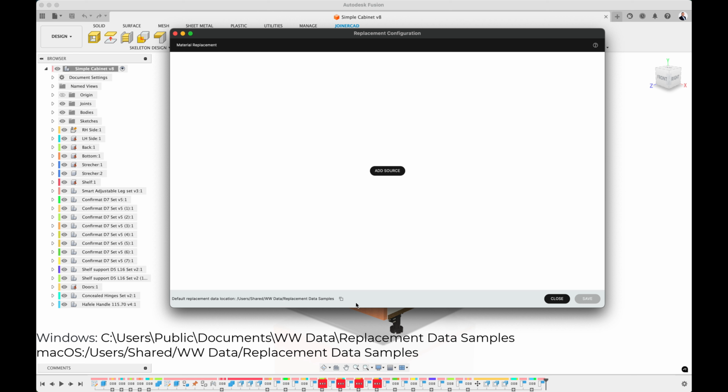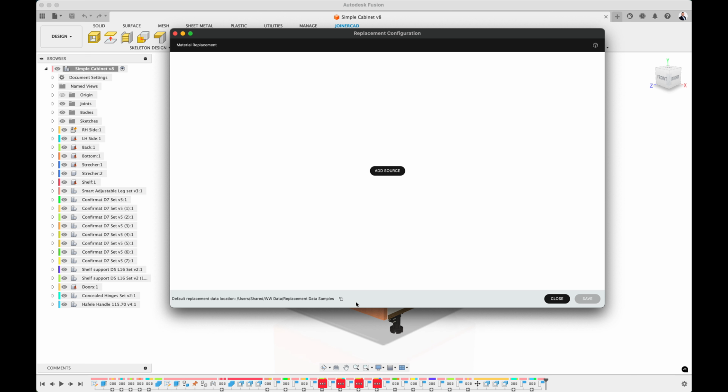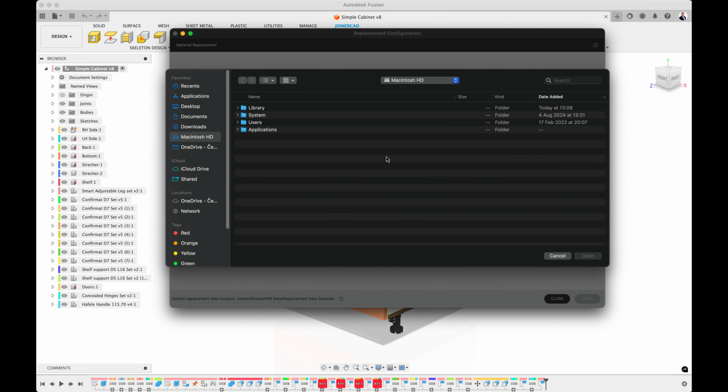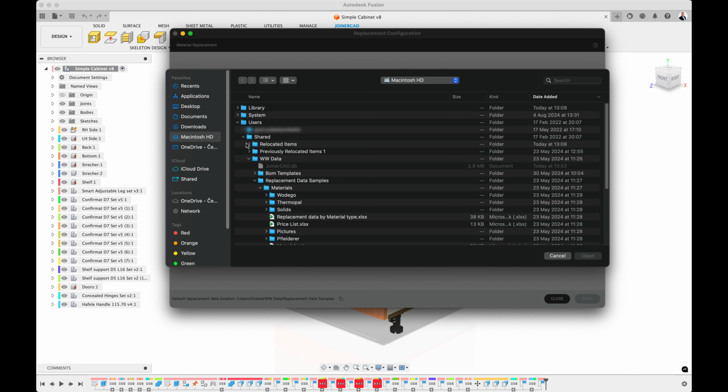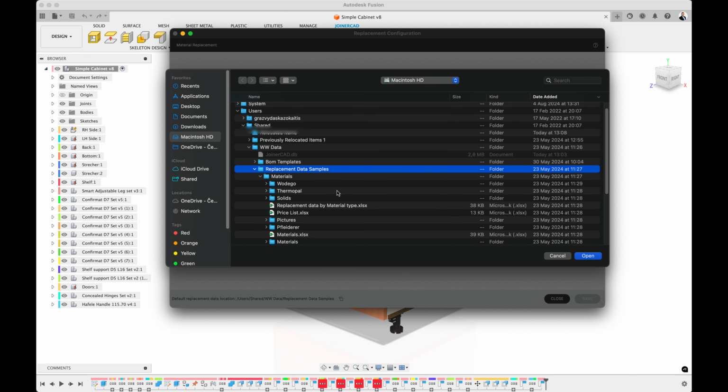First, I have to specify the data source. With the installation, we provide some examples, which are available in the directories now displayed on the screen. At the bottom of the window, there is a path that you can copy and paste. I click Add Source and go to the directory containing the demo files and select the Materials file.